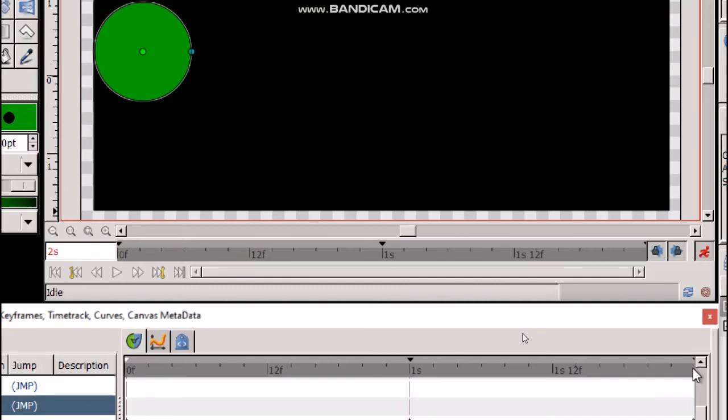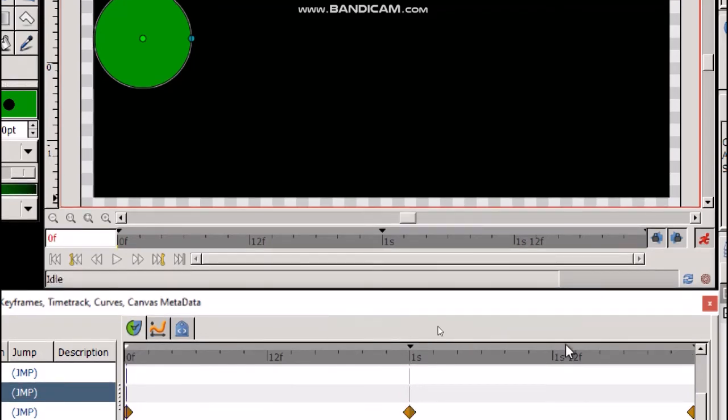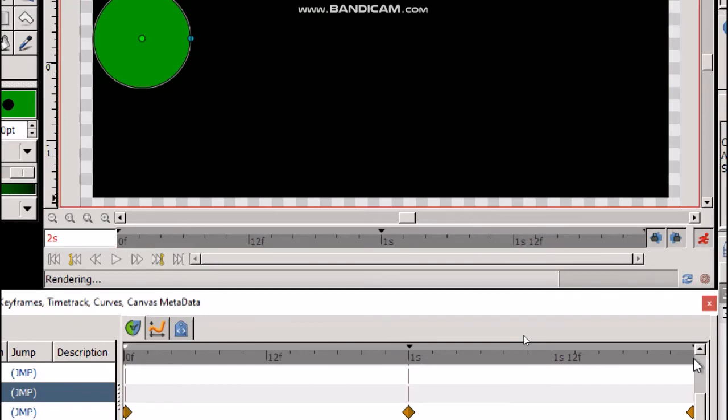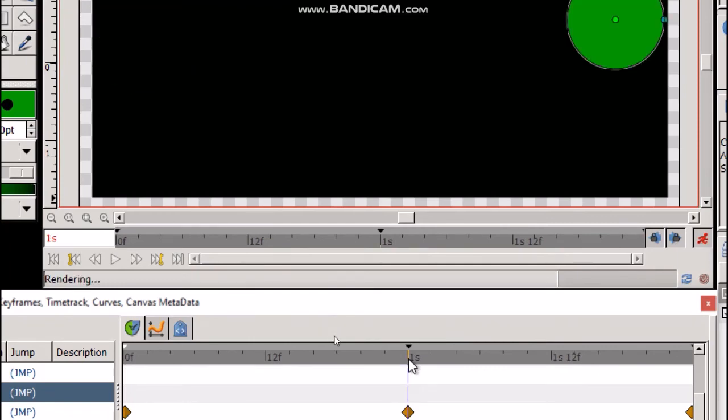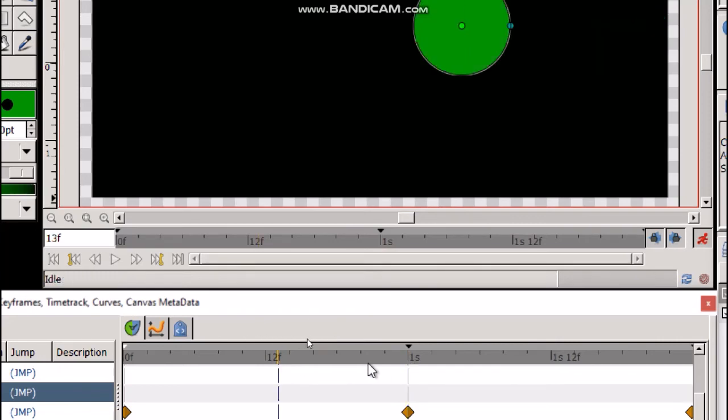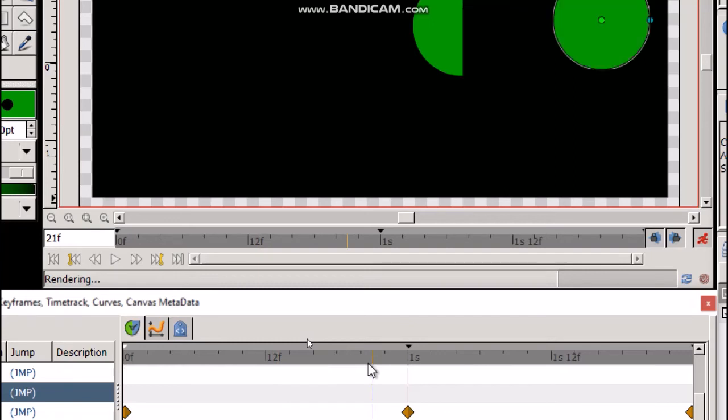Children, we specified only 3 locations of our circle. So at 0 seconds and at 2 seconds, the circle will be on the left side, and at 1 second, the circle will be on the right side. But Synfig has automatically created the in-between images or frames of the circle object.